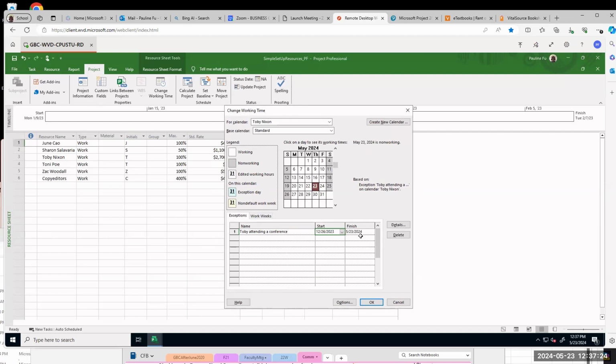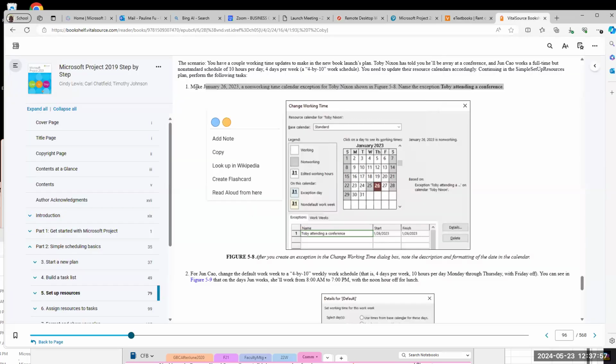And finish the same day, January 26. Okay, so we make non-working time calendar. We did this step. Make January 26 non-working time calendar for Toby Nixon.